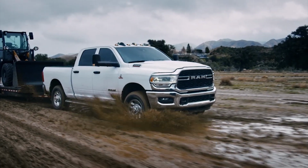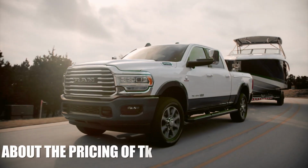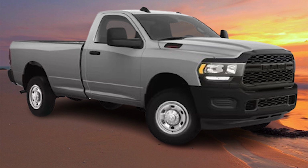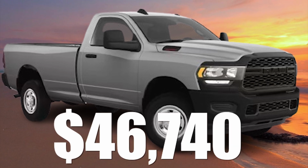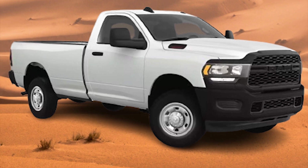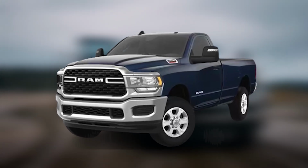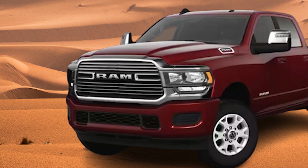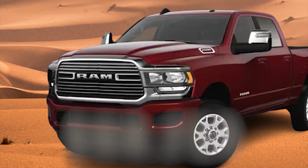Pricing. And lastly, let's learn more about the pricing of the Ram 2500 2024 model. The base model, which is the Tradesman, starts at $46,740. This is the regular cab with an 8-foot box bed. A similar Bighorn configuration starts at $51,270. If you want to go for the Laramie, which is the more luxurious trim, you'll have to pay